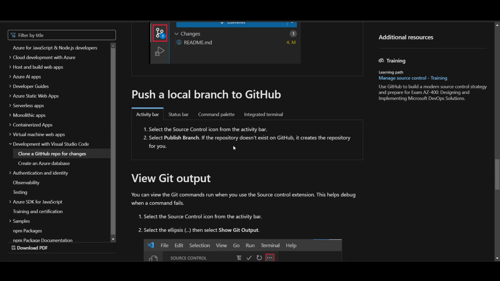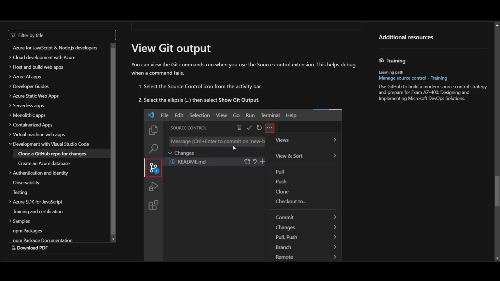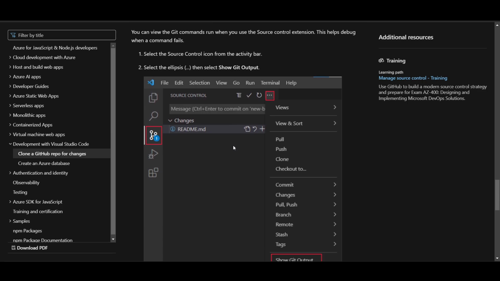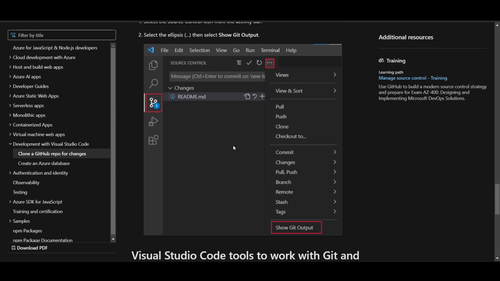Paste the URL of the GitHub repository you want to clone into this input box. You can find this URL by navigating to the repository on GitHub and clicking the green code button to copy it. Right, now once you do this, after entering this URL, Visual Studio Code will prompt you to choose